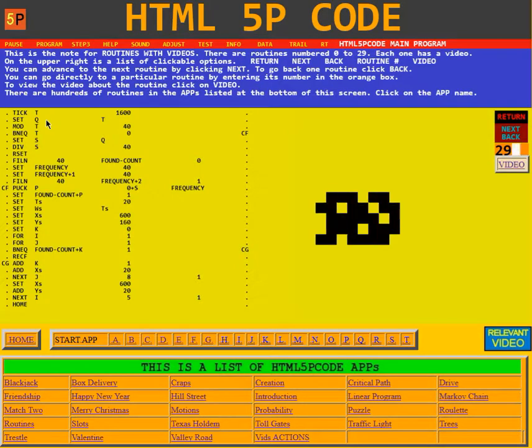Then sets q to t, so it's going to go between 0 and 1599. Then it mods t with 40. Now that value of t is going to go between 0 and 39. And the next thing it does, it says if it's not equal to 0, go to CF. Here is CF. Well, if it is equal to 0, it's going to use the Q value up here to